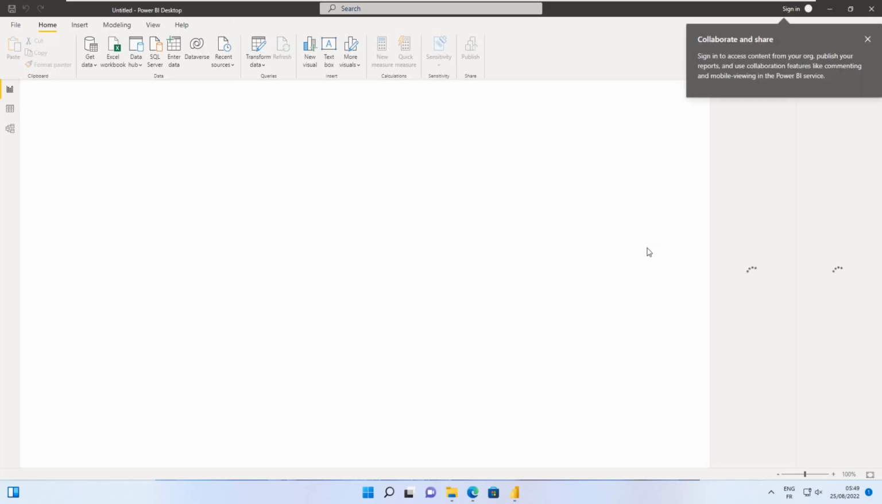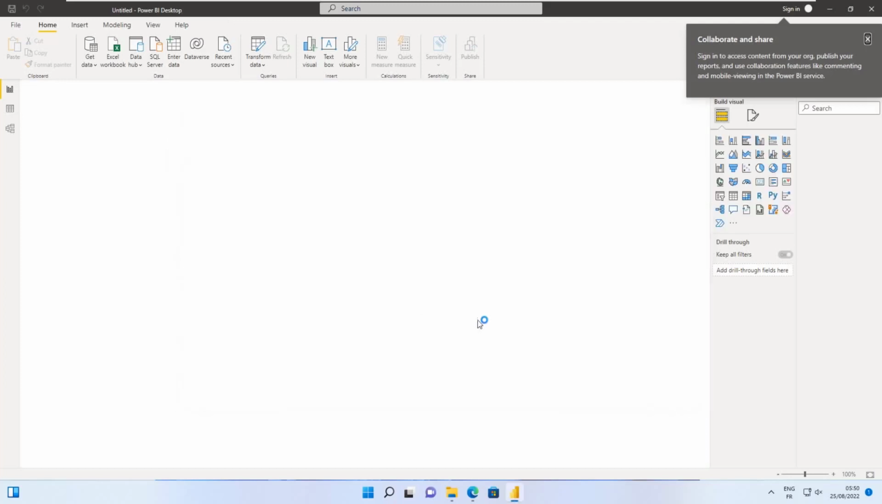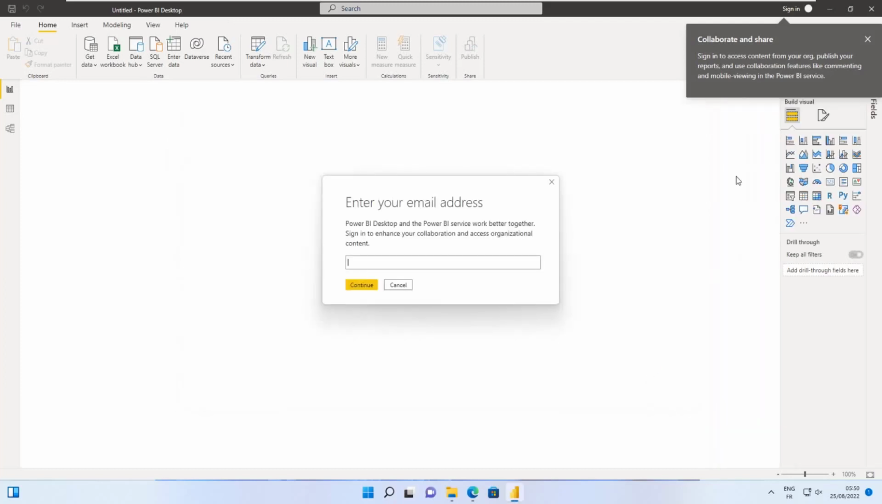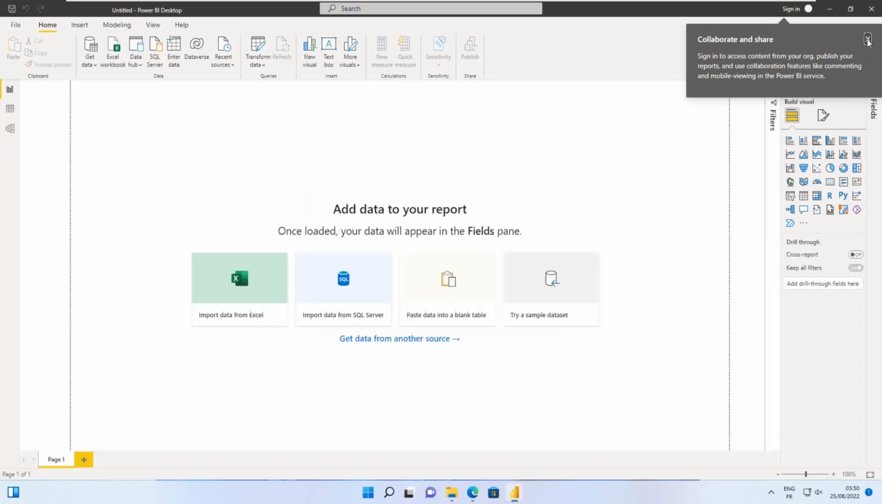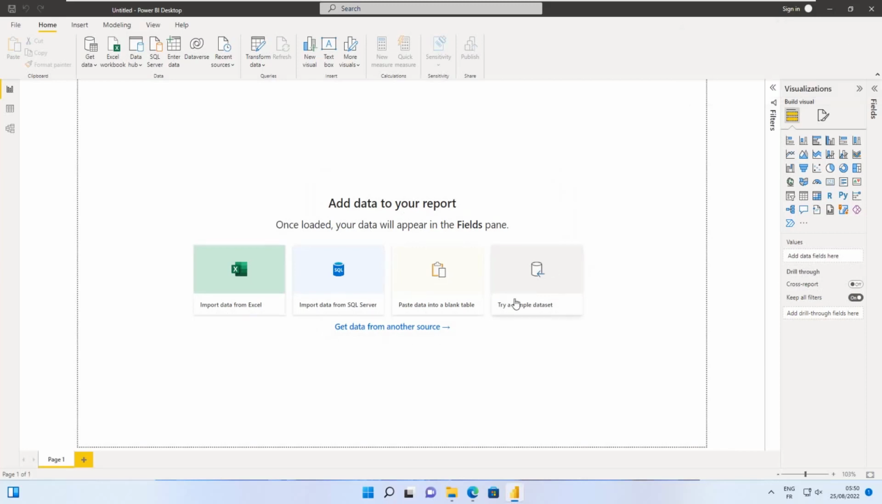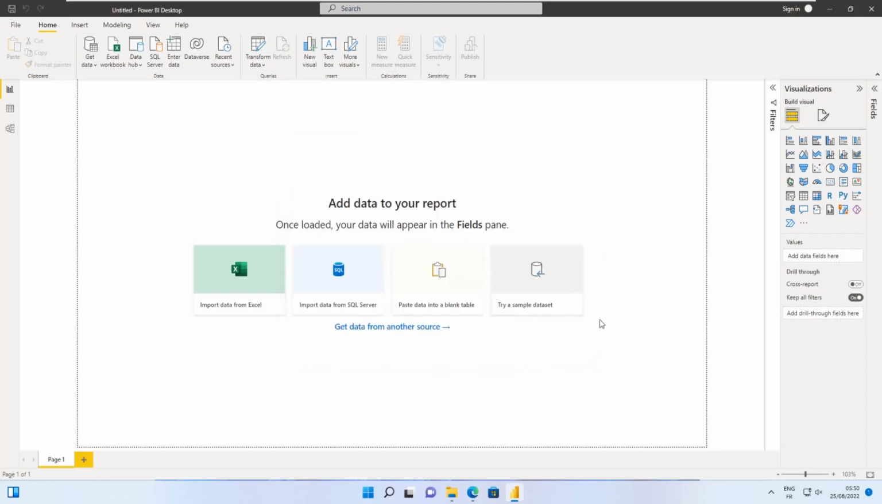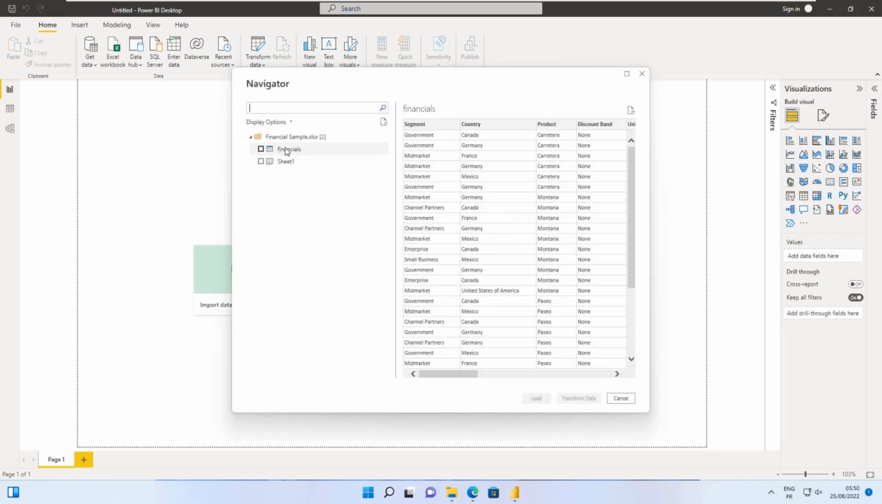And this is the welcome page of Power BI. I'm going to click on getting started. For the email, I'm not going to enter my email, so click on cancel, and I'm going to just try a little example. So just click on try sample data, load sample data, and I'm going to select